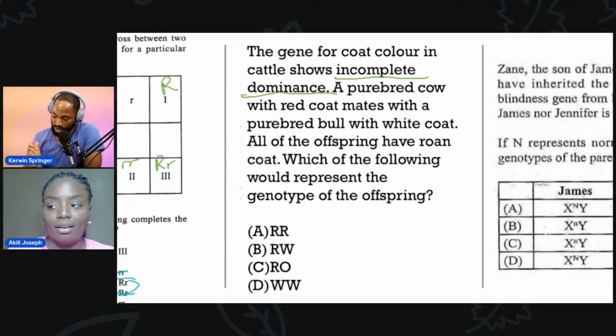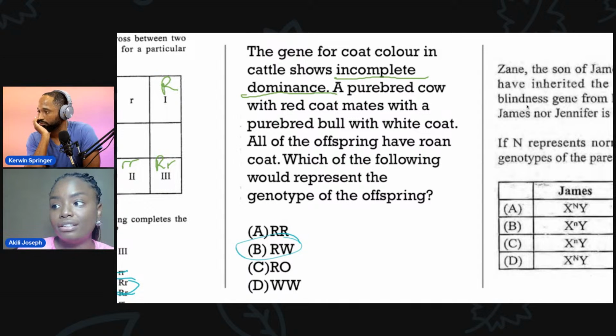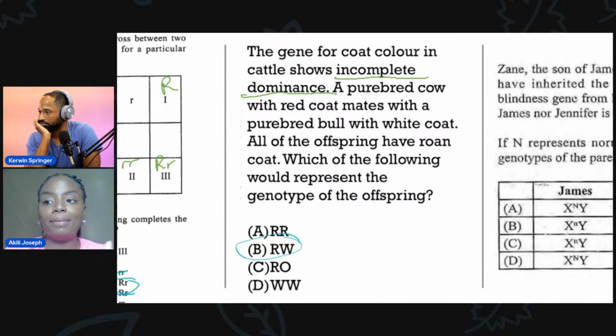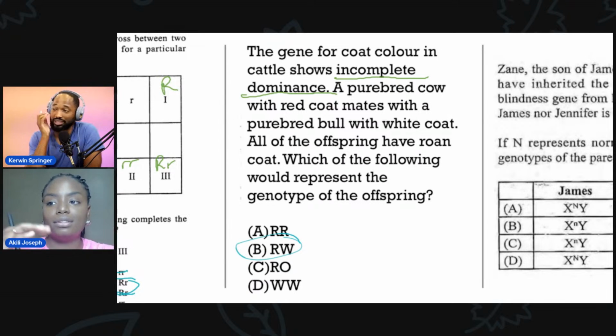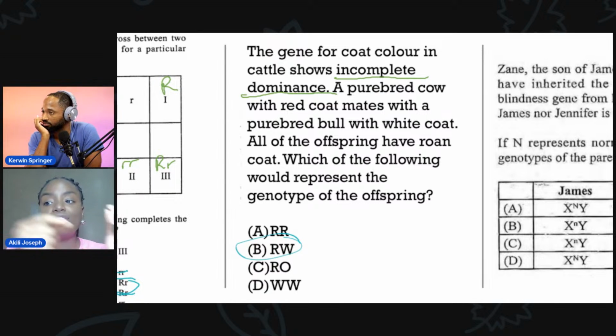blend, a mix. So Jaden is saying incomplete dominance and codominance are different, right? Because Timothy was saying, I am assuming, he gave an answer, I'm assuming incomplete dominance is the same as codominance, and that is not true. Codominance is the fact that you have blood type AB because allele A and allele B have equal strength. So they both show, effectively they create a whole different blood type for that, AB. Right. Incomplete dominance also does create a different phenotypic class, but